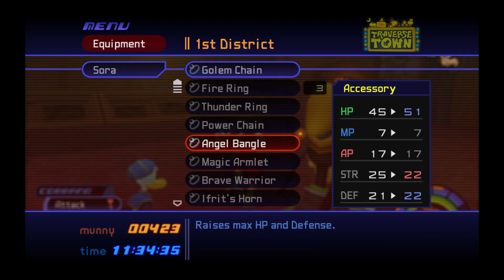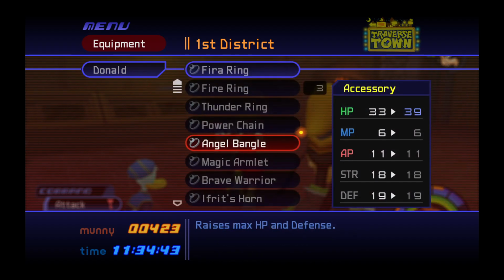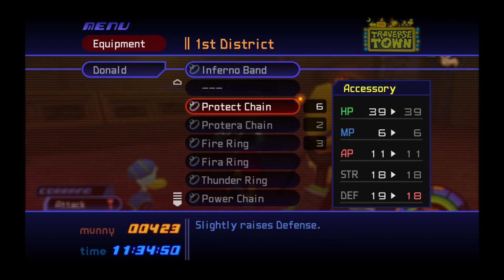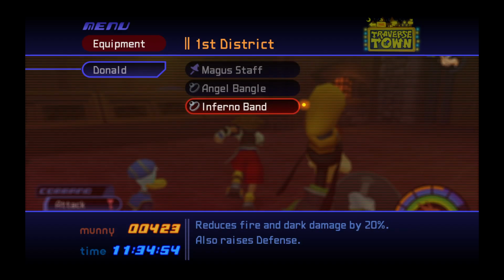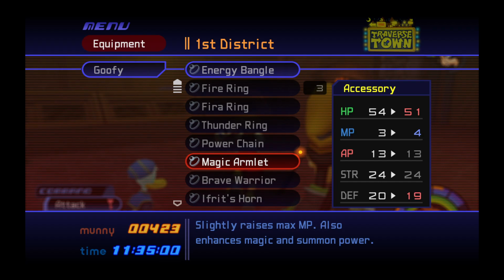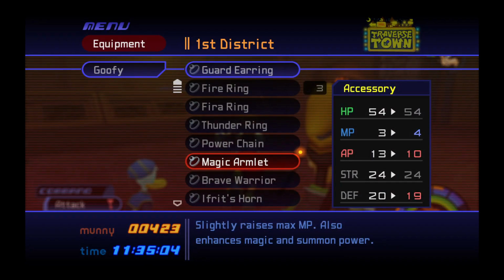Damn, I don't want to lose that much strength for 1 defense, and I mean it's 6 HP, which is a lot, but we will give that to somebody else. Yeah, Donald. You can gain 6 HP for no downside. I want to give him this armlet, but